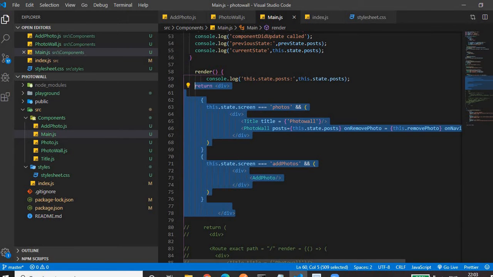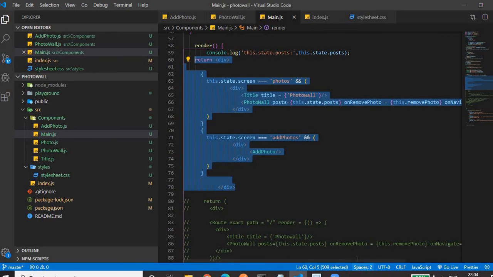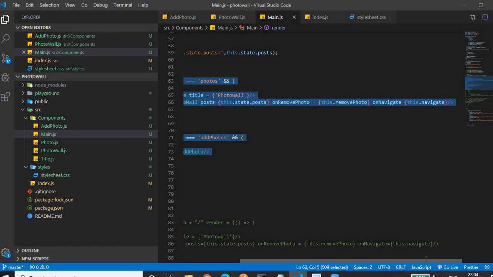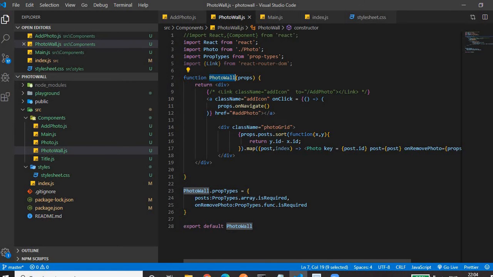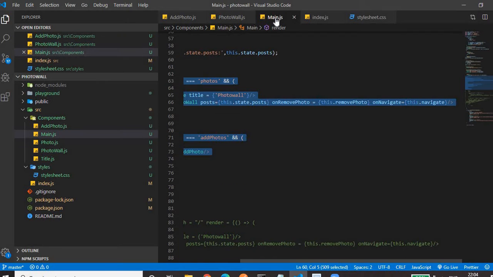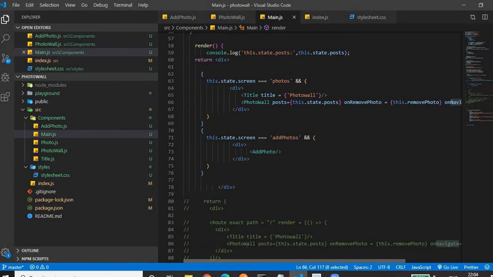In main.js, if you see, in photo wall we are using props.onNavigate. The prop is the onNavigate function. So here we are passing the onNavigate prop to the photo wall.